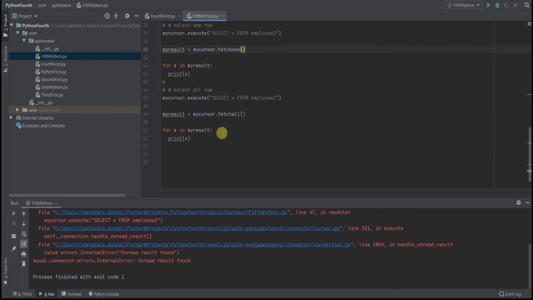Ultimately you need to check this part, fetchall or fetchone. Here we have fetchone and here we have fetchall. Fetchone will always print one, and fetchall means all the records will get printed here.